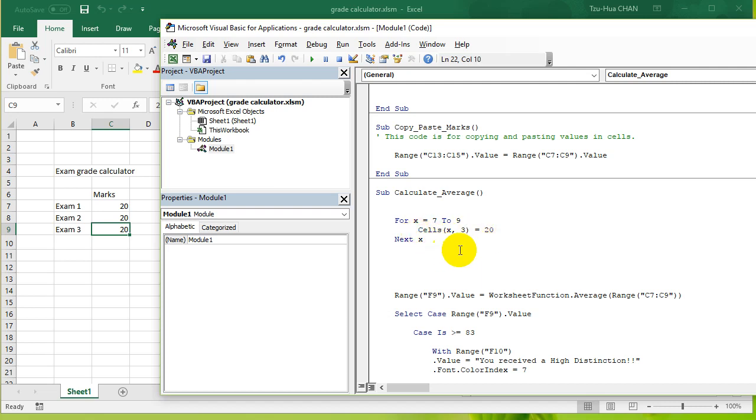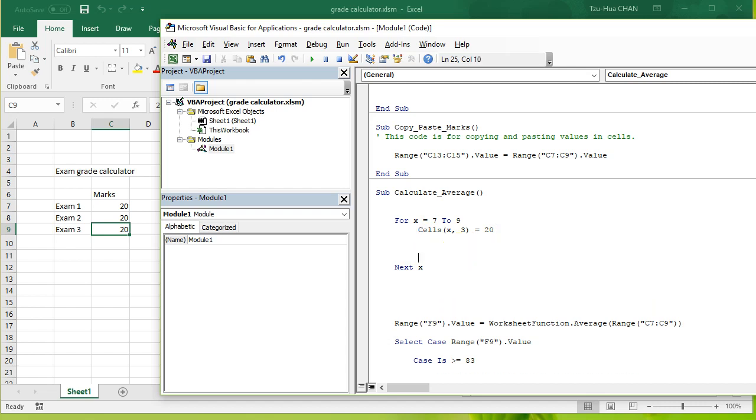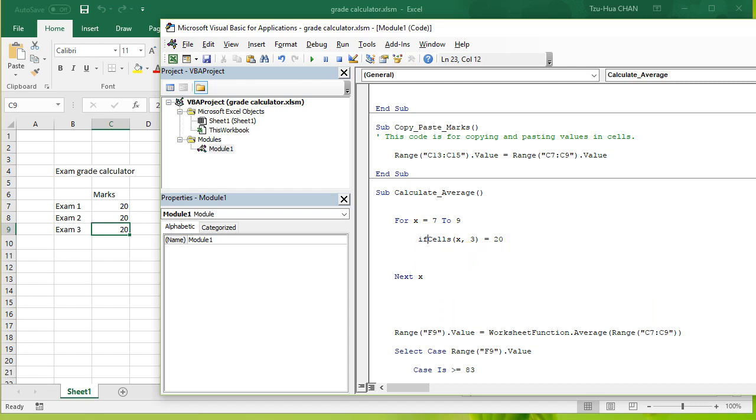Okay, so I'm going to say if cells X, 3 is bigger than or equal to 50,